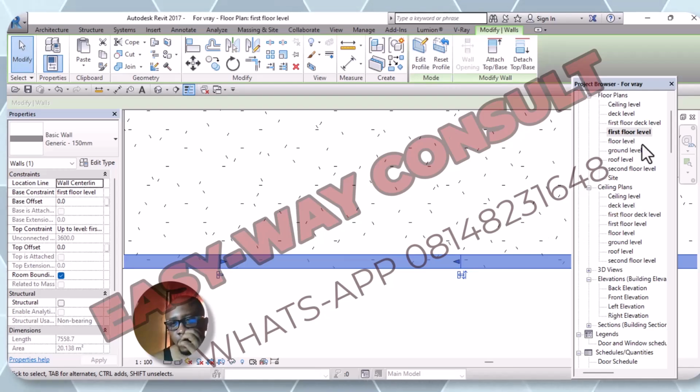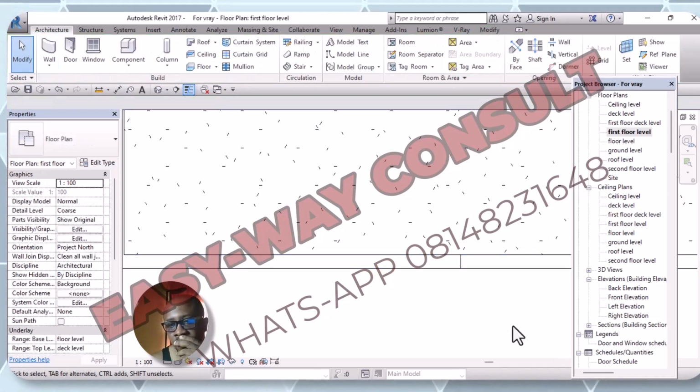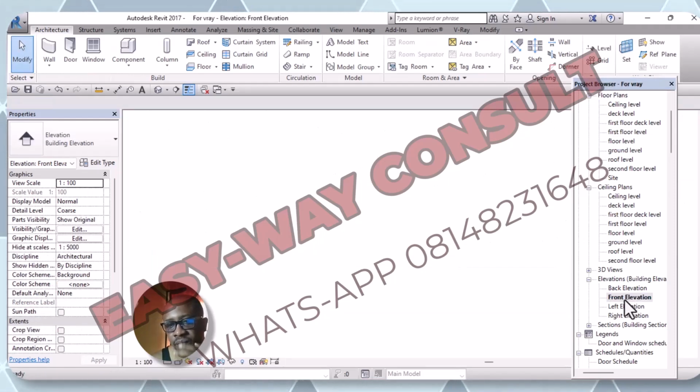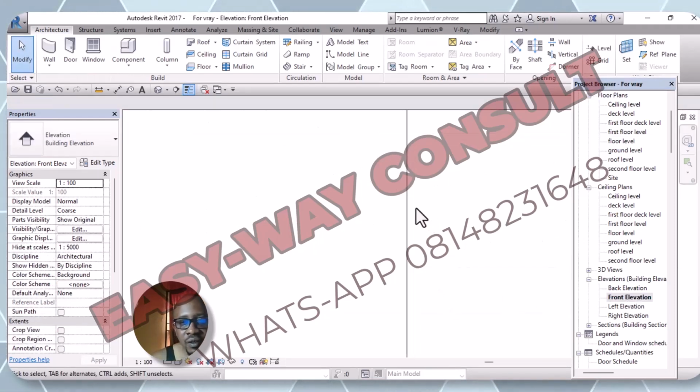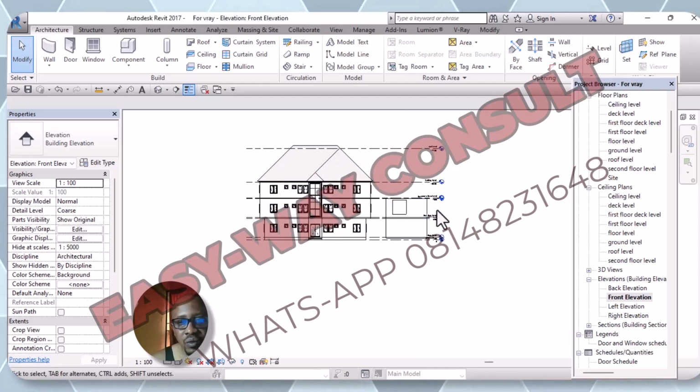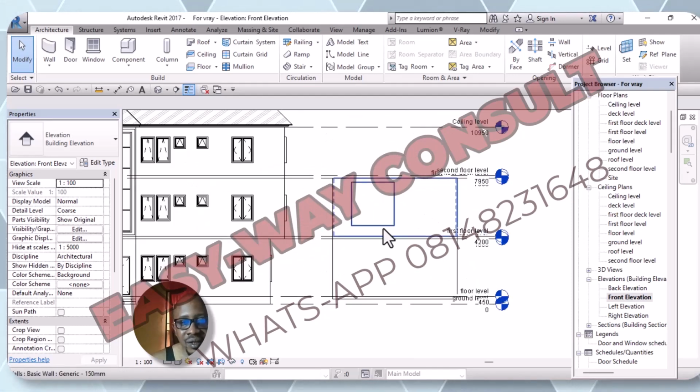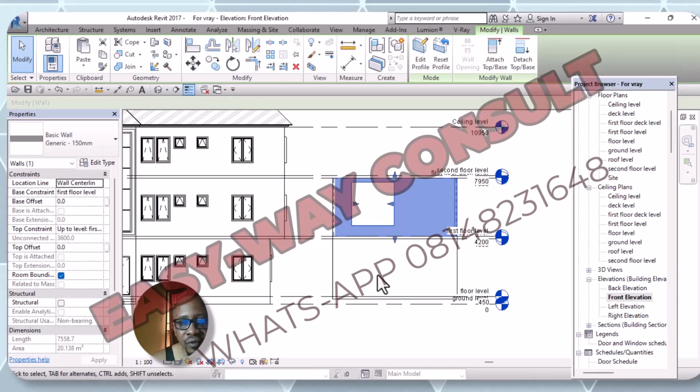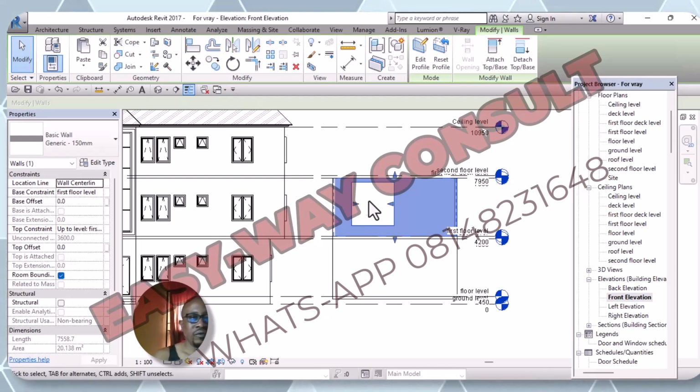So if you want the mullion, if you want the window to extend to this floor, to this level,